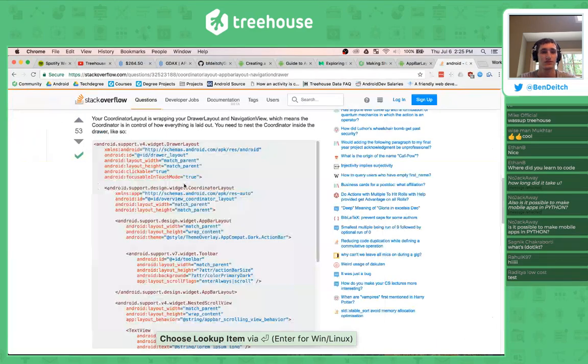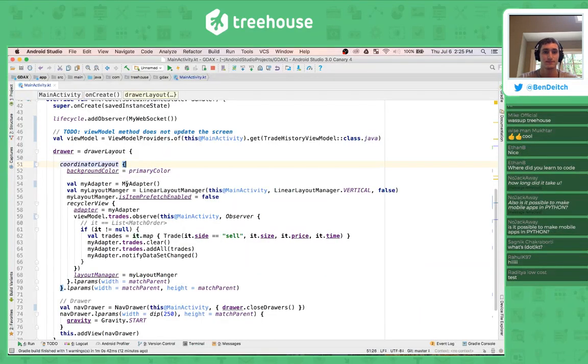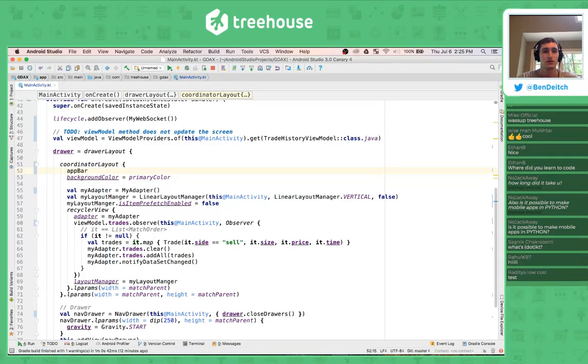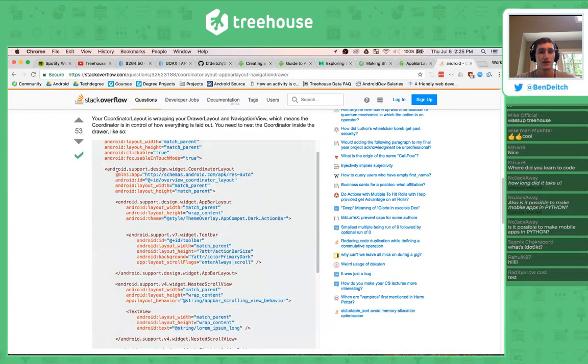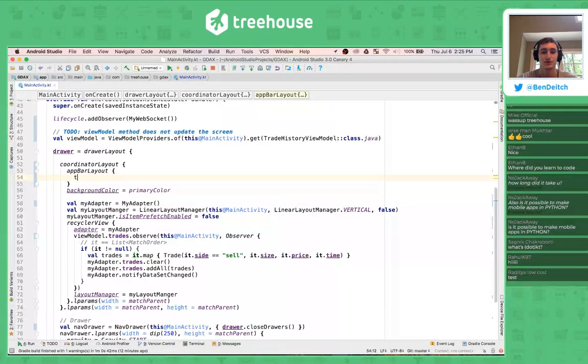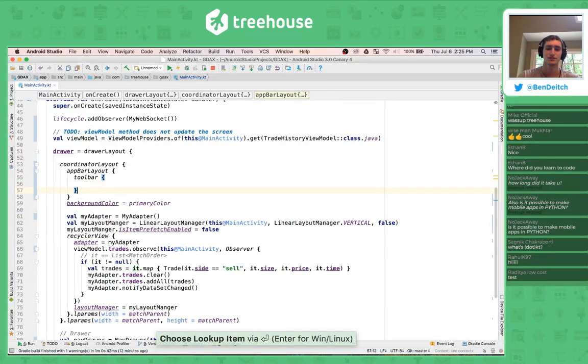And then inside the coordinator layout, we want an app bar layout. And inside the app bar layout, we want a toolbar. Right? Yep, toolbar. And then let's do the toolbar.lparams, and let's give it a height. Or I don't know if we need to give it a width of match parent. Let's do it. Width equals match parent, and height